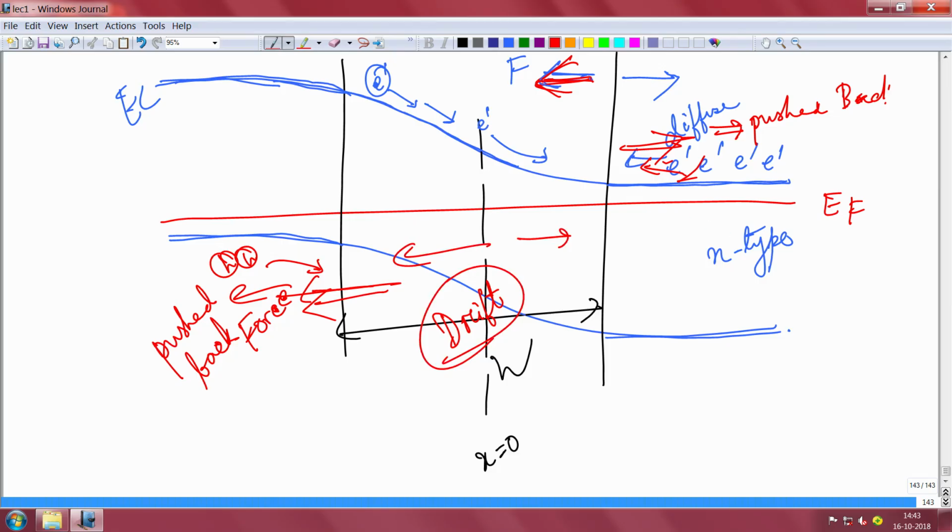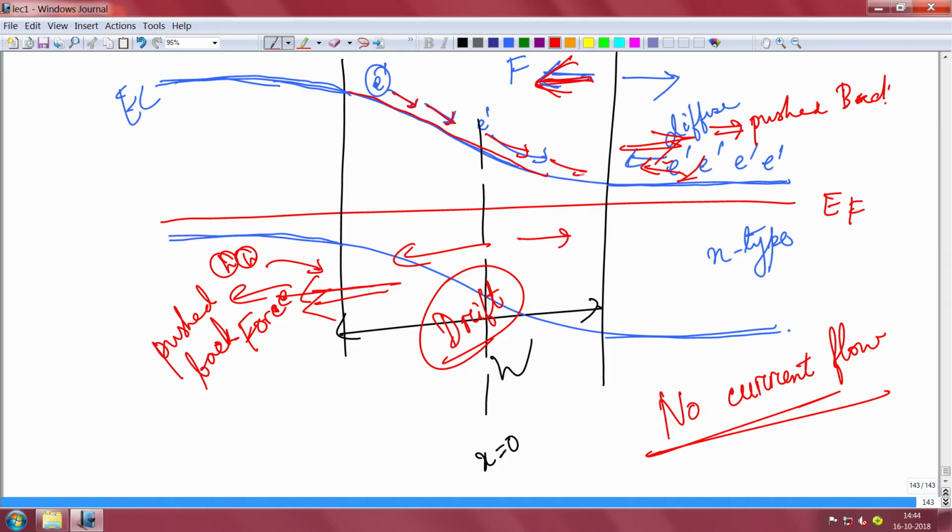Okay, and that is why no current will eventually flow, it is all in equilibrium. Okay, it is all in equilibrium. That is how you find out the field direction. You just think of this as a slope, as a cemented floor, put a ball here and it will go in this direction, which means the electrons will also go in this direction, which means the field is in this direction. Okay, that is how you basically find out the direction of the field in any semiconductor, and a field will be only there when there is a slope in the conduction band or valence band.